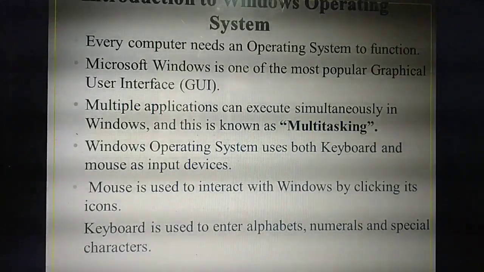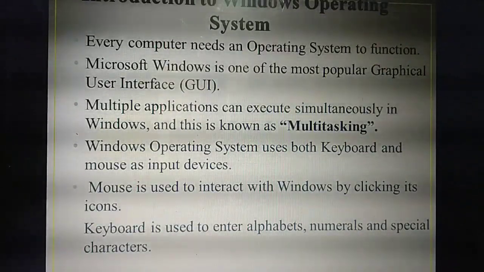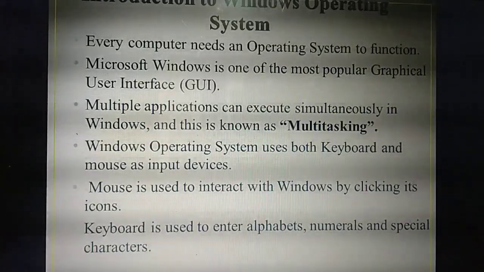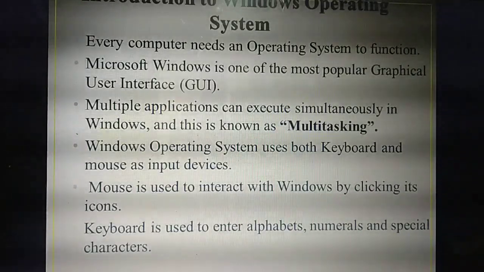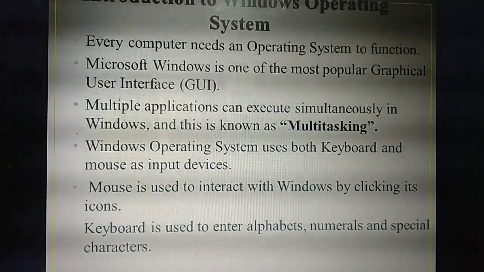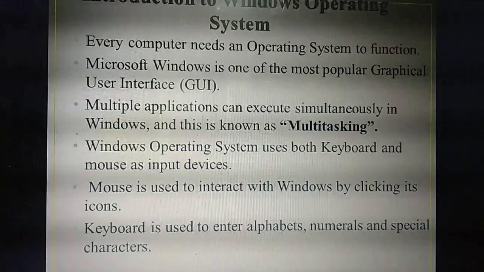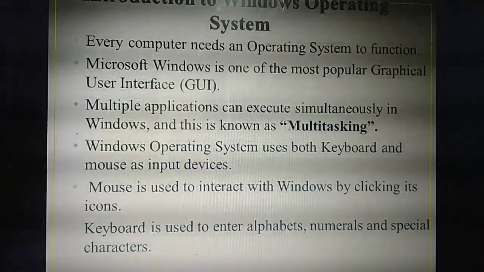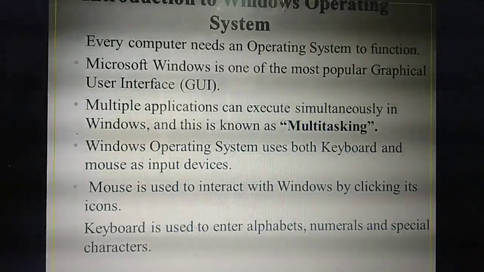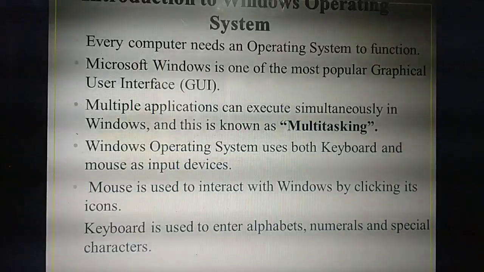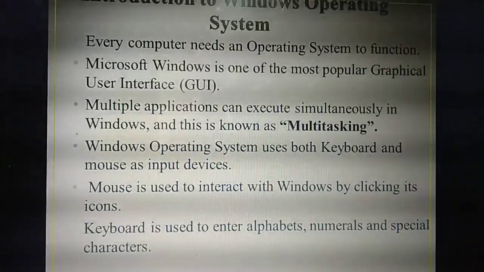How many applications have I opened? Word, PDF, and another one. Listen, I have opened one PowerPoint presentation. How many things have I opened? Three. So I am opening and using three things at the same time. The system will execute these three software programs at the same time. That is called what? Multitasking. Understand what you mean by multitasking? More than one application you are using and executing at the same time. That is called multitasking. Very important, this one, multitasking.